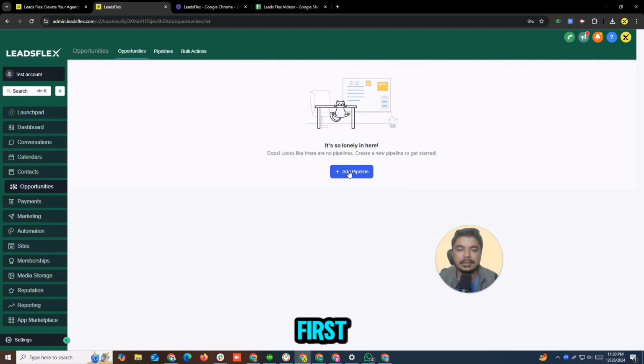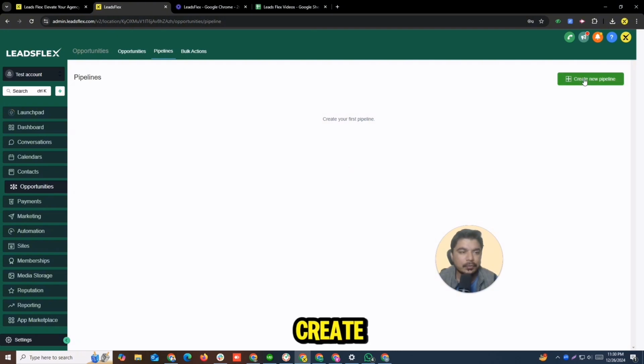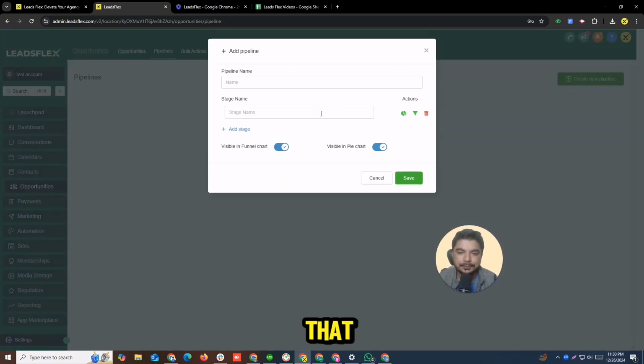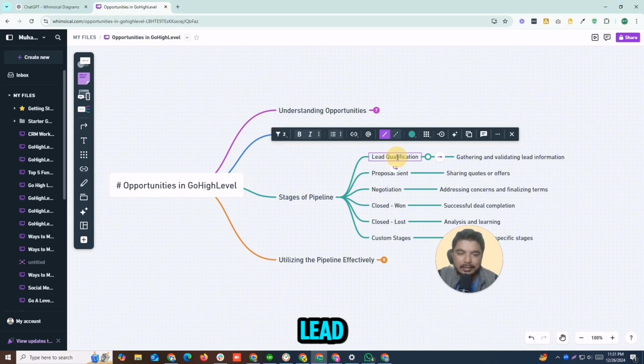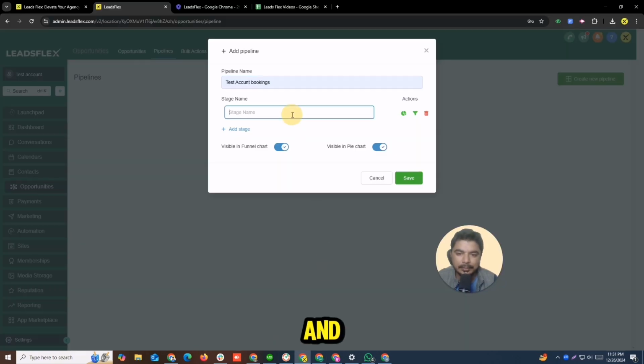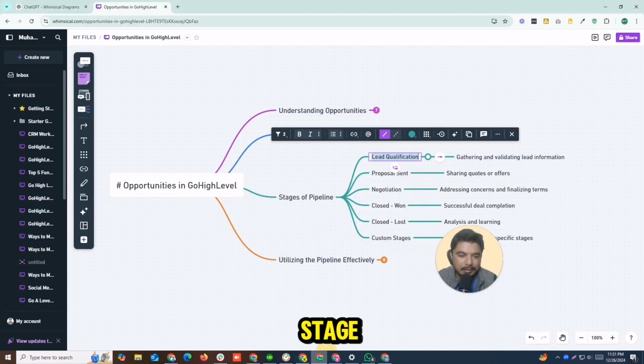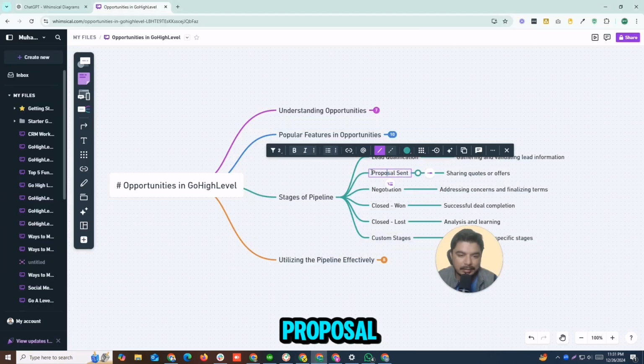So let me dive back into Go High Level and I will discuss how to create opportunities, first of all the pipeline. So here we can create a first pipeline, which we will call a test account booking pipeline with different stages. So let's go back to our chart, and here we have different stages that we are going to copy and utilize for our leads. Our first stage is lead qualification. We go back to Go High Level, and here we say lead qualification, add another stage, and here we can go back and say proposal sent, and then we will say negotiations, and then we will say